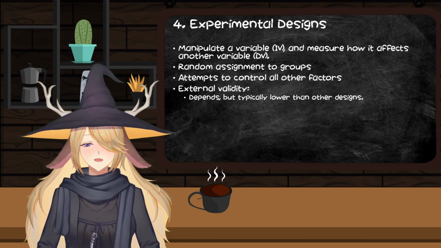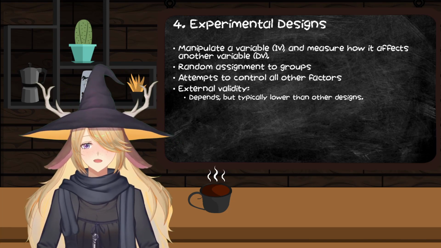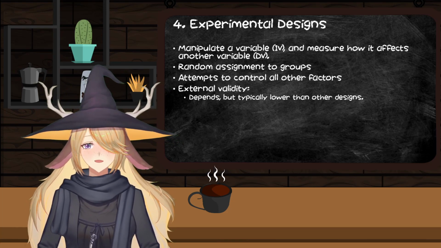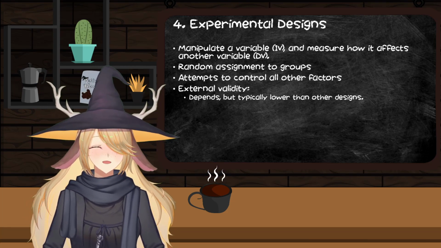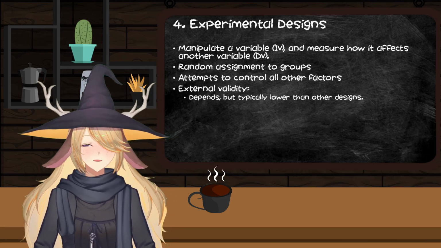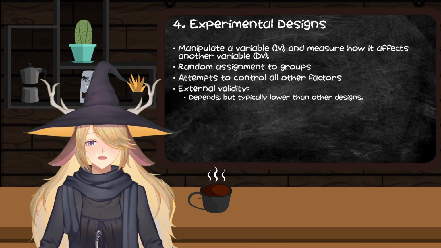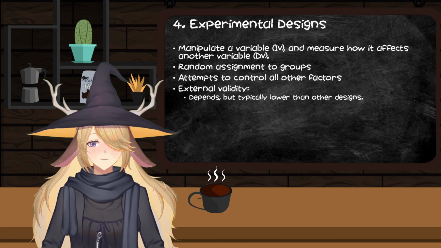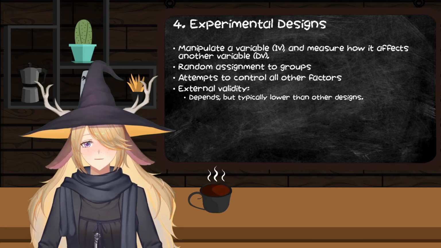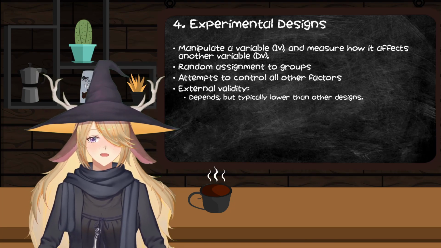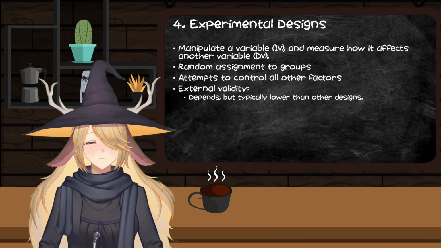Does it have external validity? It depends. You've got some examples, yeah, potentially, but the nature of having this kind of controlled experiment in this controlled environment means that you're not really going to be getting that totally great and wonderful external validity that you might get with something like naturalistic observation, because, well, let's think about it for a second. You're taking people into this highly controlled and non-natural environment and asking them to do things that they might not necessarily do.